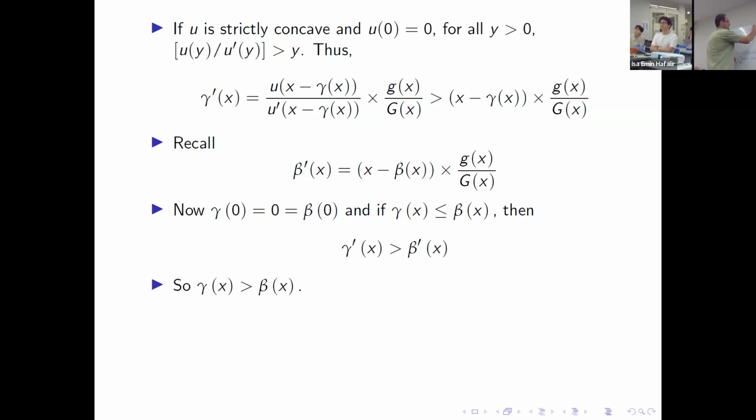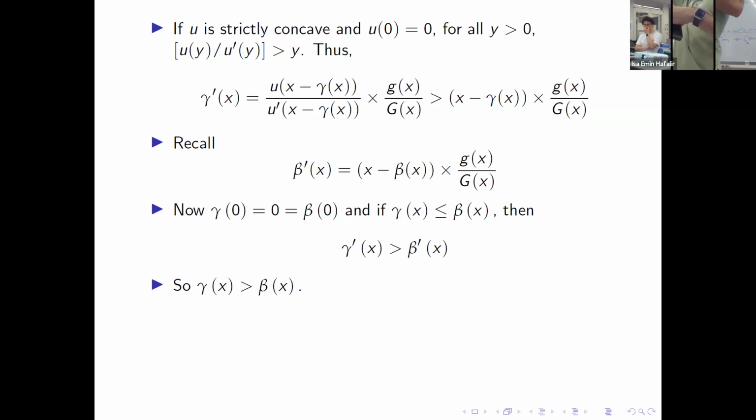Sorry, I made a mistake earlier. You can obviously see that this is greater than this because Y times U double prime is negative. Since the derivative is negative, when you take the integral, the left-hand side is also greater than the right-hand side. So using this fact, we can argue that for the same value,